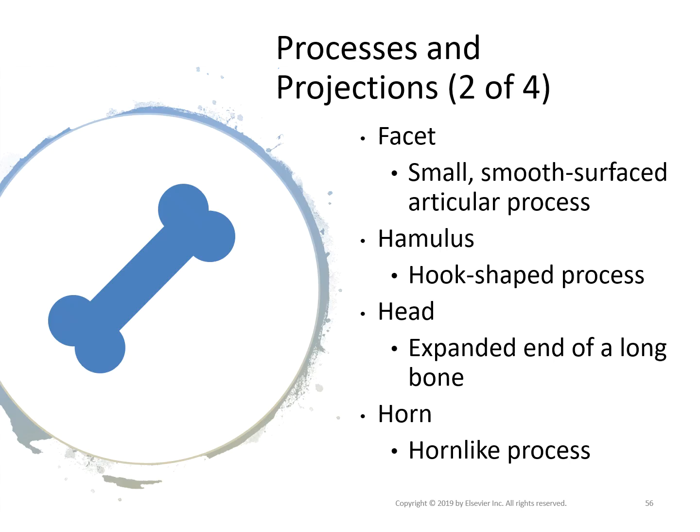A hamulus is a hook-shaped process. The head of a bone is an expanded end of a long bone. Typically, it's the proximal end, but not always. The ulna is the exception to that one. A horn is a horn-like process,